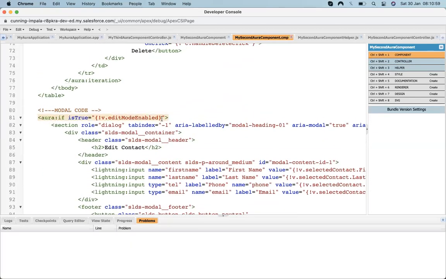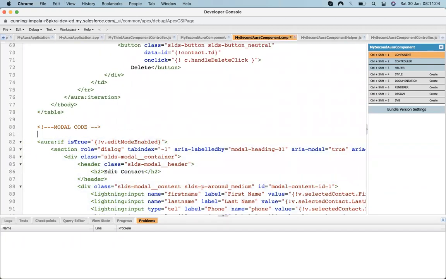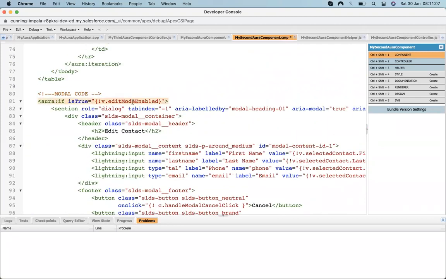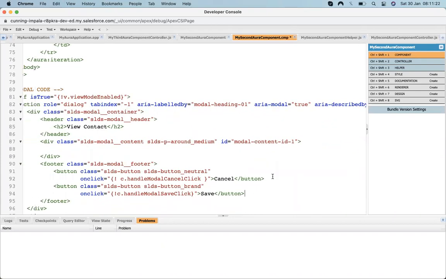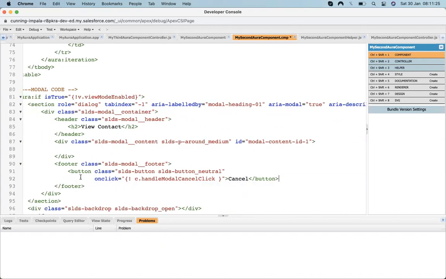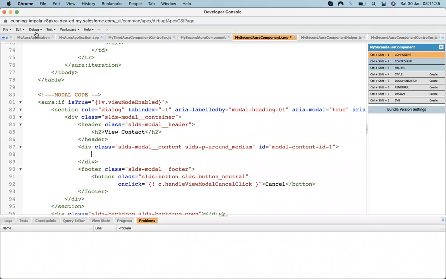let's create one more array, or we can say one more model. Edit mode, view mode. Let's make it view mode, and view contact. And here instead of that, let's put it here. We don't need the save button. Let's remove the save button. We just need only the cancel button. So handle view model cancel click, and here we use what we have just learned,